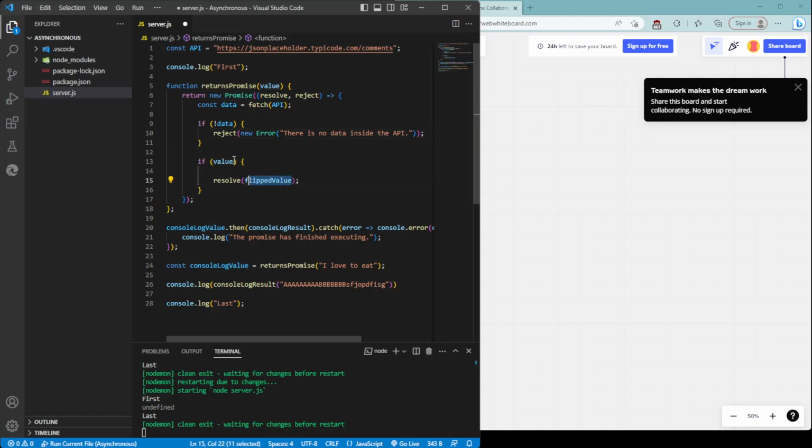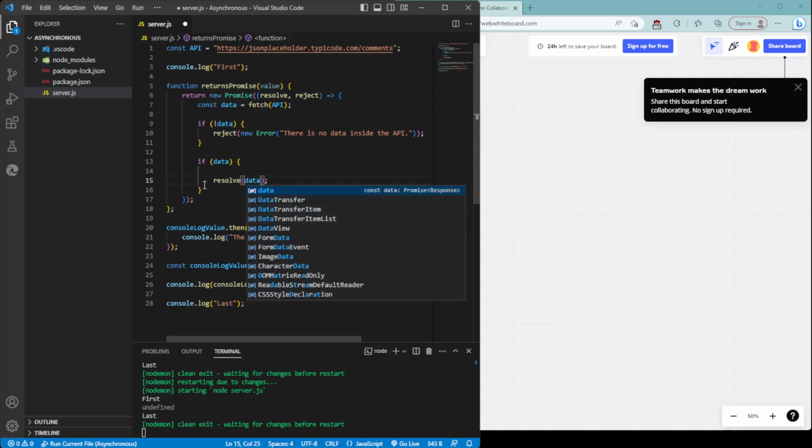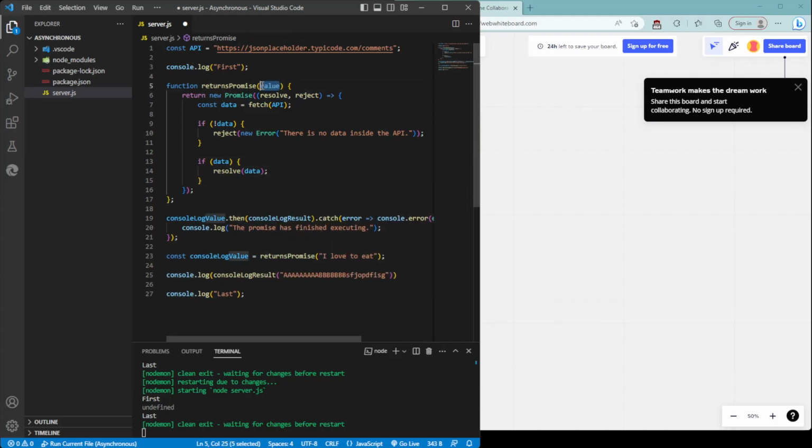And then if there's data, then we can just say resolve data. So now we don't need the parameter anymore, and just say get data, and then